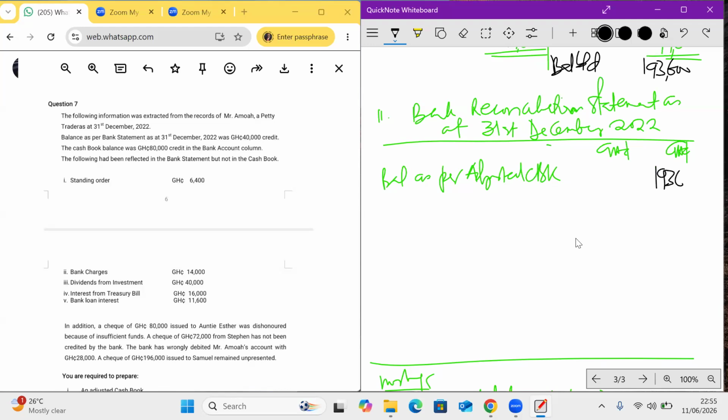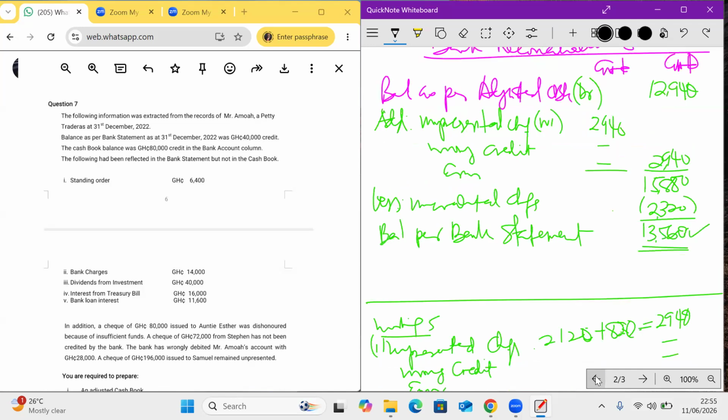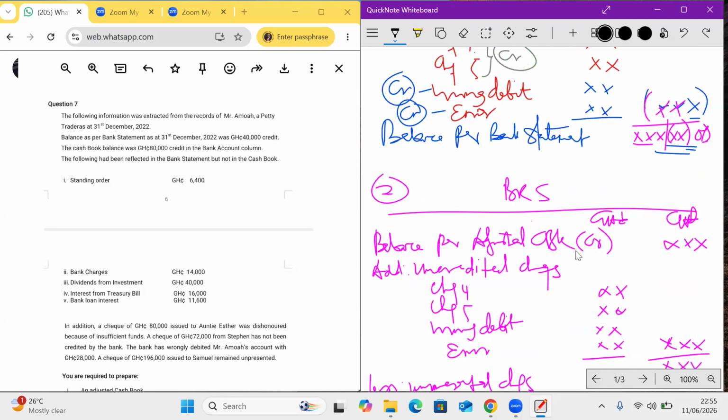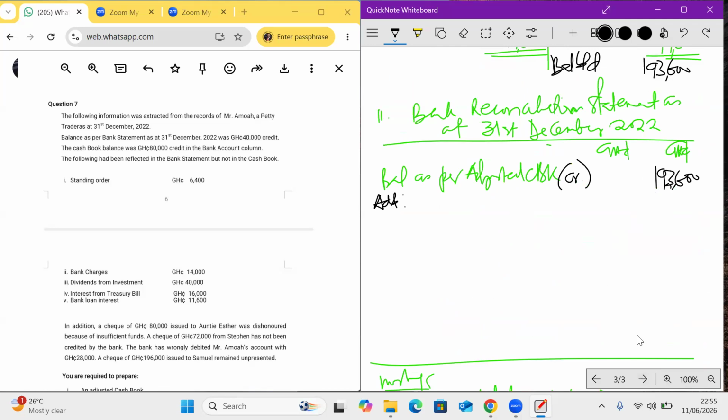Debit or credit? It was at the credit, so you can write it here just to remind you. Then we add what? Unpresented check? If it's the credits, what do we add? Uncredited. So add uncredited